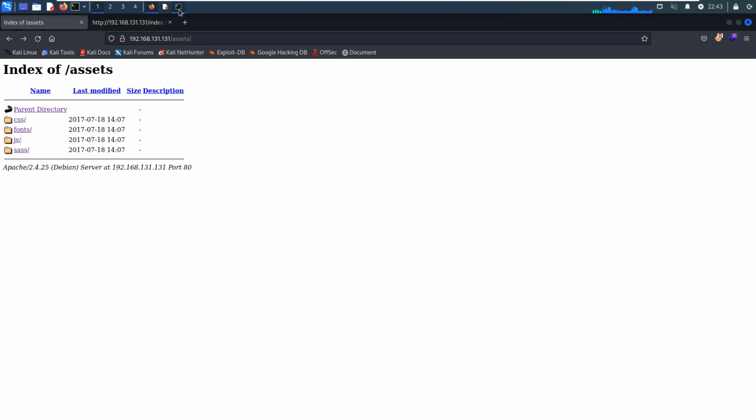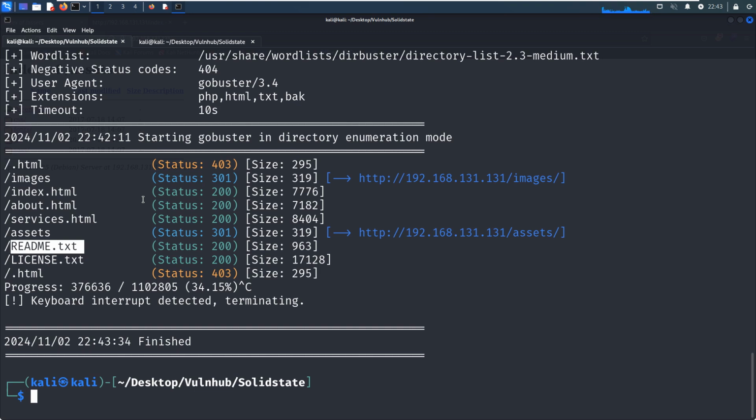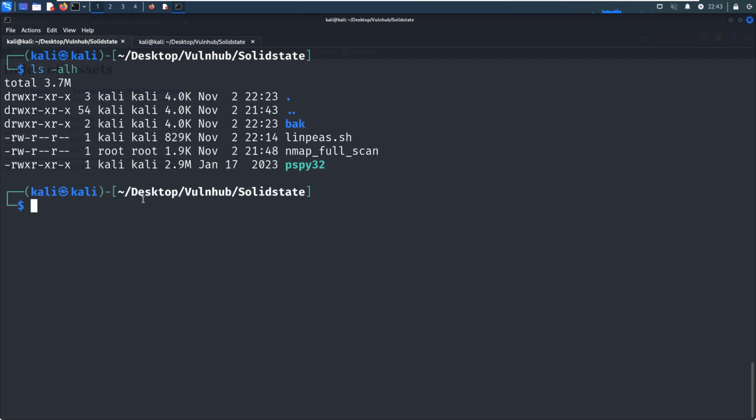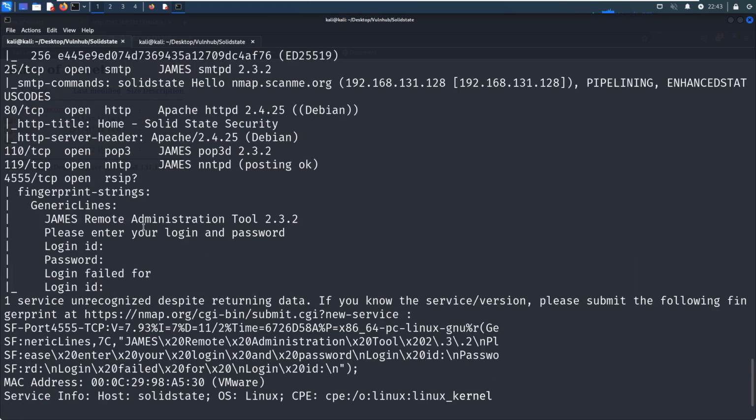Okay. So what to do next? We have already done almost everything we can with this web application, but nothing interesting has been found. So what are we going to do next? I think we need to move our focus to the GEMS service. We can cut out this Nmap result again. So next, we need to check whether this service is vulnerable or not.